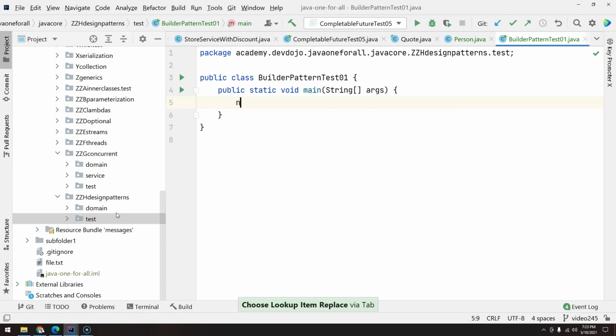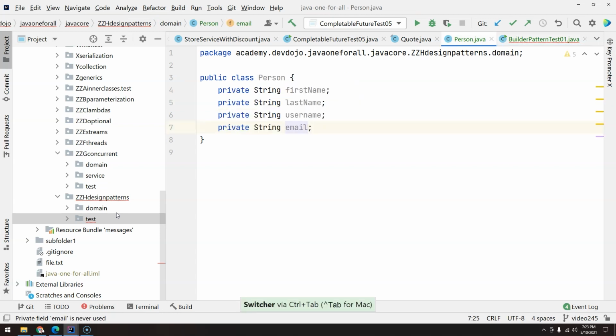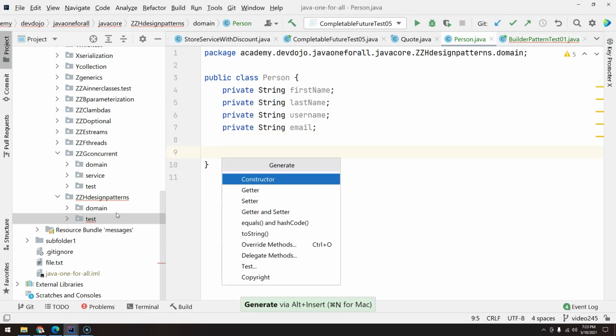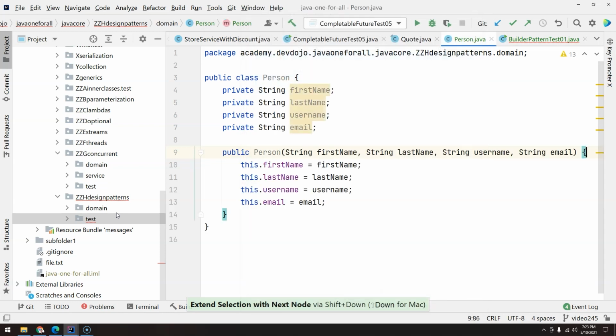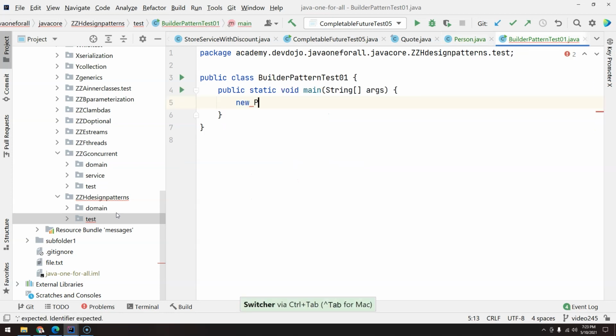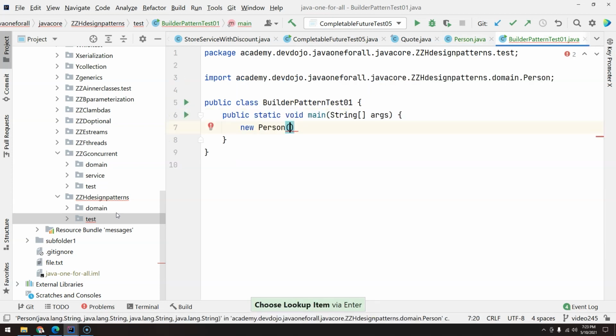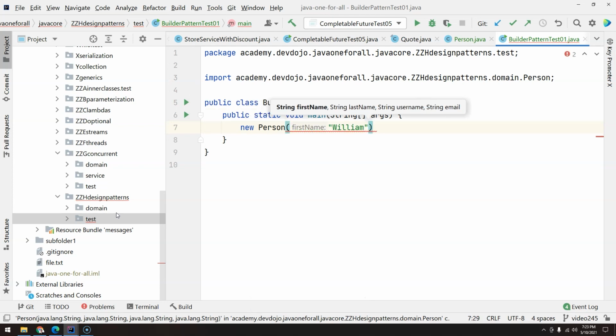The problem it's trying to solve is when you have several attributes that need to be initialized. So for example, in our person, if we have a constructor, I'll insert a constructor with all of these attributes, and trust me, 4 is small, most of the time you are going to see at least 6, 7. I have seen classes with 15, 20 attributes. So if you have a constructor with 20 attributes, and you initialize it like this, person zzh patterns, it can become very, very difficult because of IntelliJ,